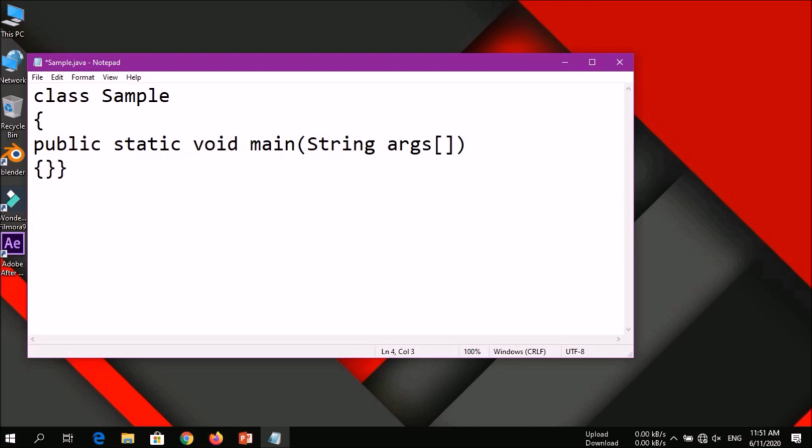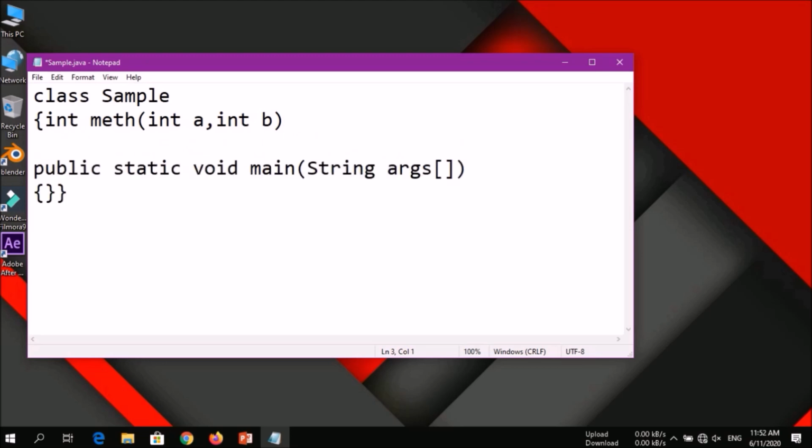So this is the basic structure. I'm going to create two methods inside it. The first one is int math, and the arguments accepted by it are int a and int b. Now write a simple print statement,